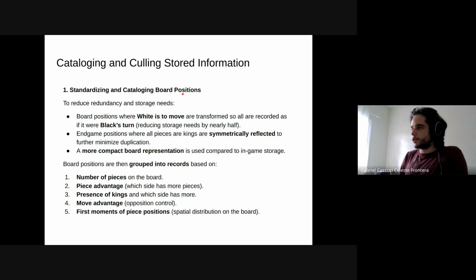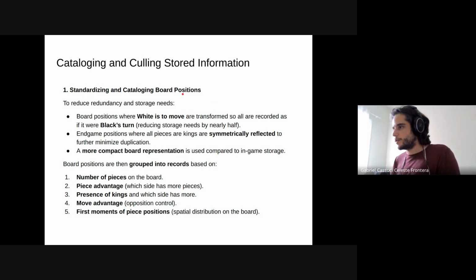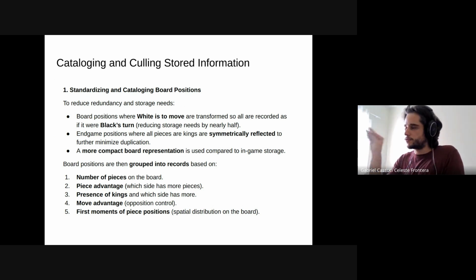Just giving more details, I just gave the idea, and this is how they did it. To reduce redundancy, we need to store only board positions where it's white to move. So if it's black's turn, they just invert the pieces and store it as if it was white to move. And also in endgame positions, like having the corners thing that I just mentioned, like two kings versus one in a corner, they reflect them symmetrically